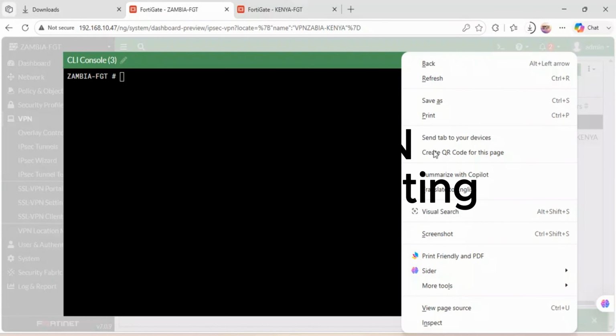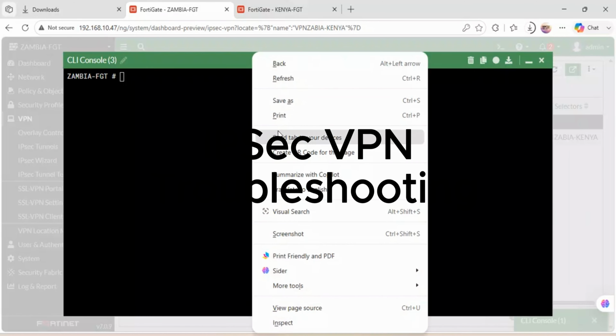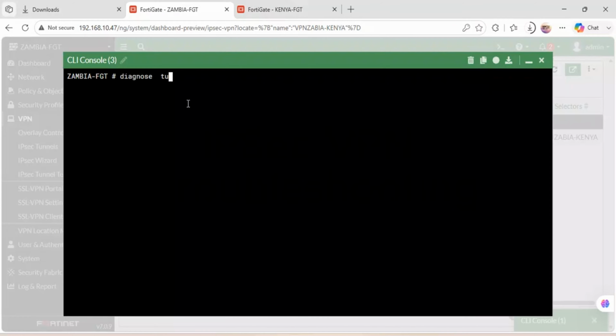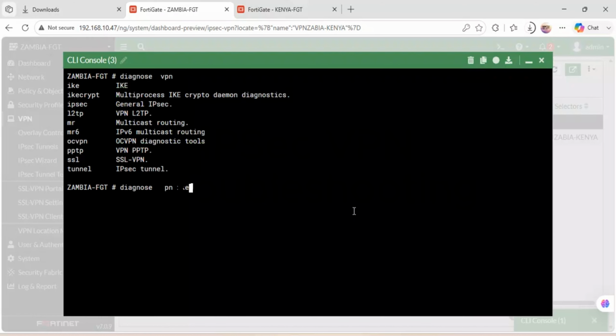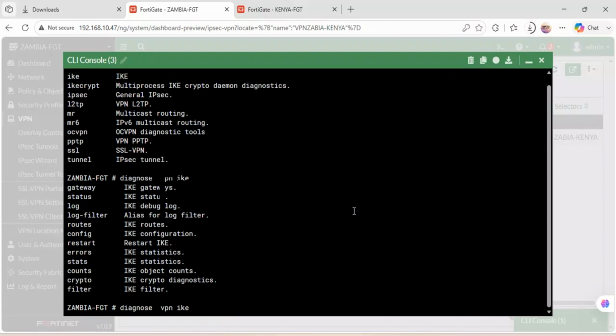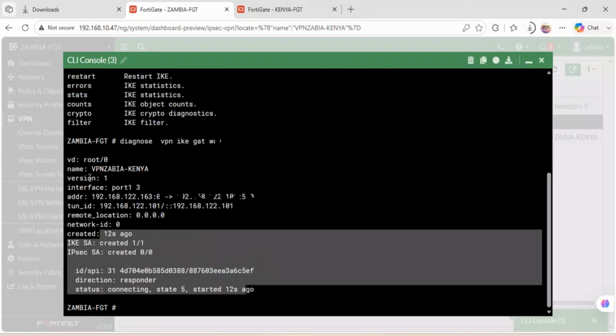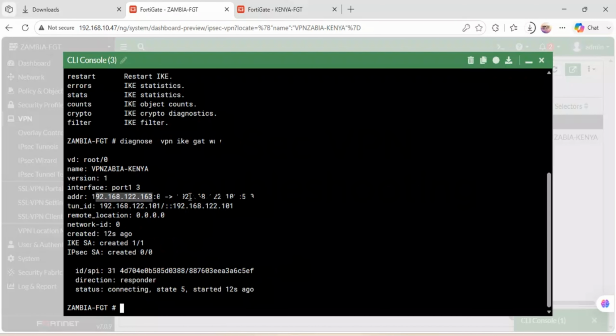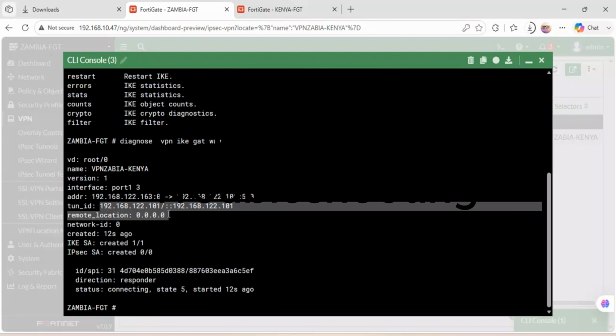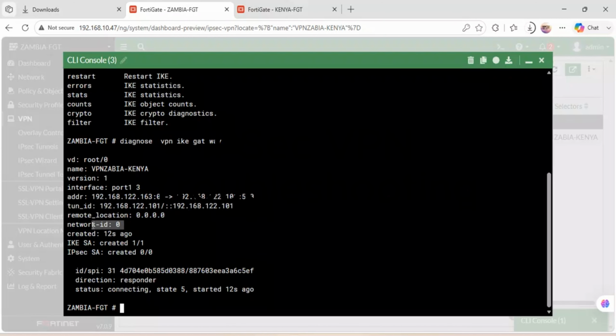We just paste diagnose VPN IKE gateway. You see, this is gateway 1, this is the IP, then it is passing through this. The tunnel ID is this, remote network, and so on. When we come to Kenya,